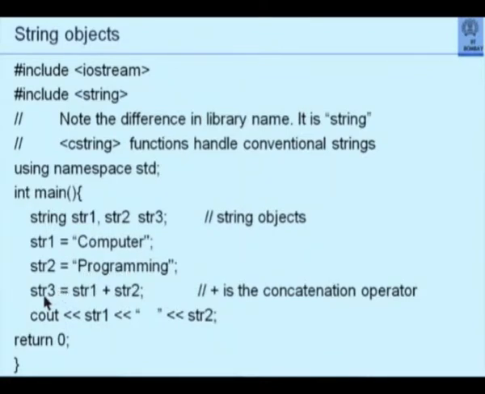If I say str3 equal to str1 plus str2, this plus is the concatenation operator. Notice this: cout str1, two spaces, str2. What does this cout produce?